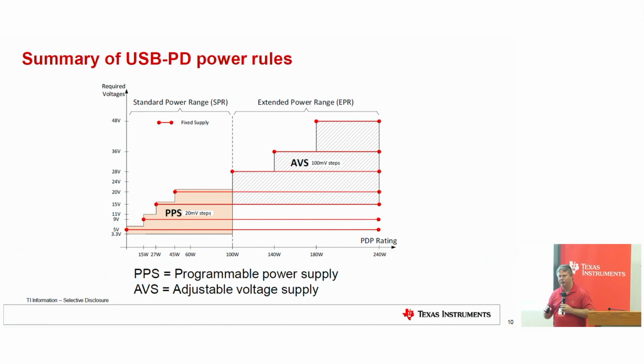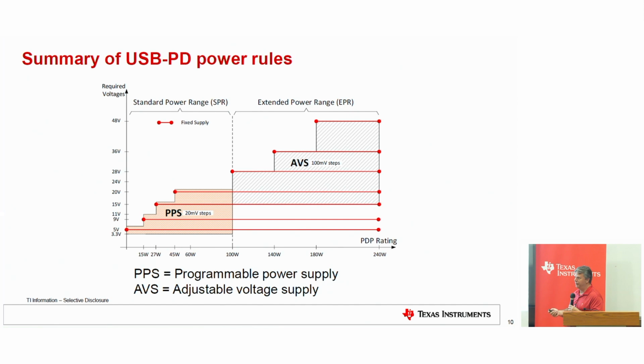So you can think about it when you're working with a battery charger, on the charger side, you're going to want to negotiate for power efficiency reasons. The closer you can keep your input to what you're charging your battery to, and as you're charging your battery up, you slowly increase your input voltage or your negotiated contract, so you don't have a big drop across your power stage. So you can start going up in 20 millivolt steps. Very key for that. In EPR, that added the new voltages all the way up to 48.